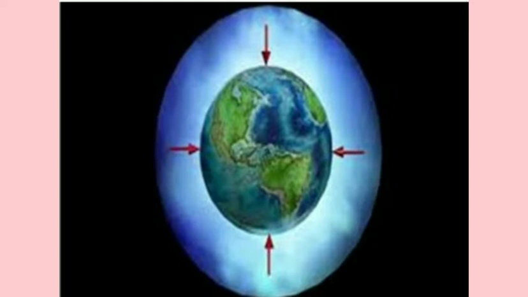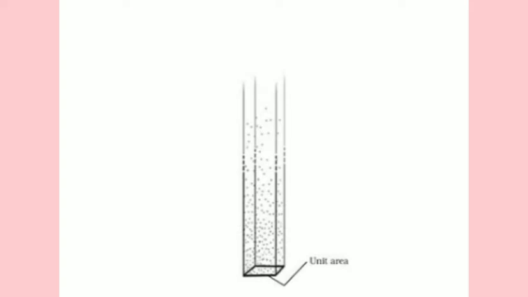We can try to understand the concept of atmospheric pressure in this way. If we imagine a unit area and a very long cylinder standing on it filled with air, then the force of gravity on the air in this cylinder is the atmospheric pressure. So the pressure exerted by this column over this unit area is defined as atmospheric pressure. That is the pressure exerted by a long cylinder which is carrying air.